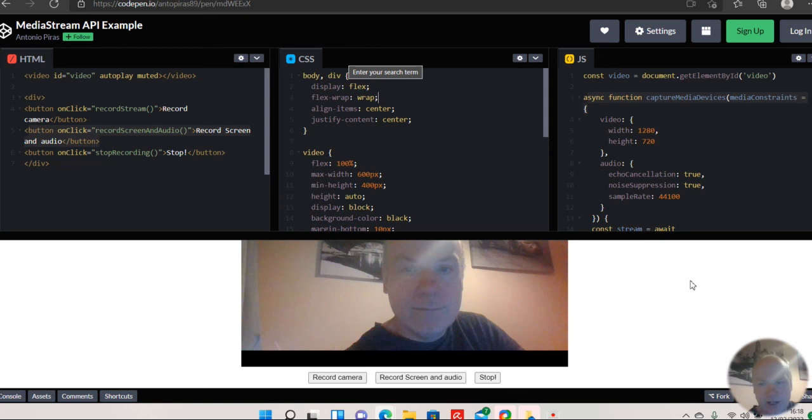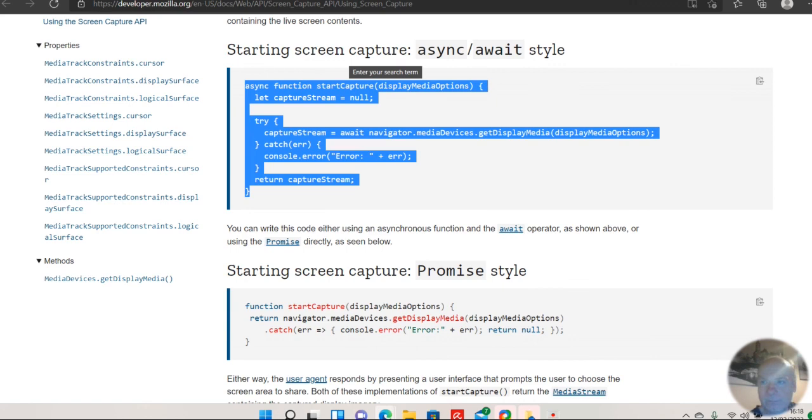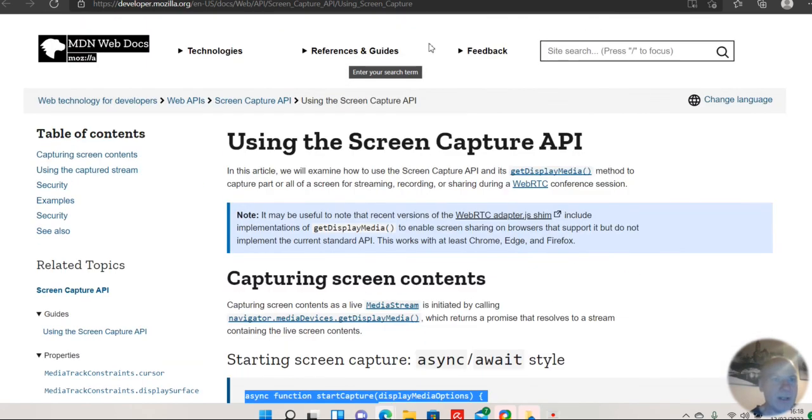I'm going to change all that, add to it to make a sort of nice presentable website with a screen recorder. I'll be doing this series of videos on that. So that's the media screen API that's on